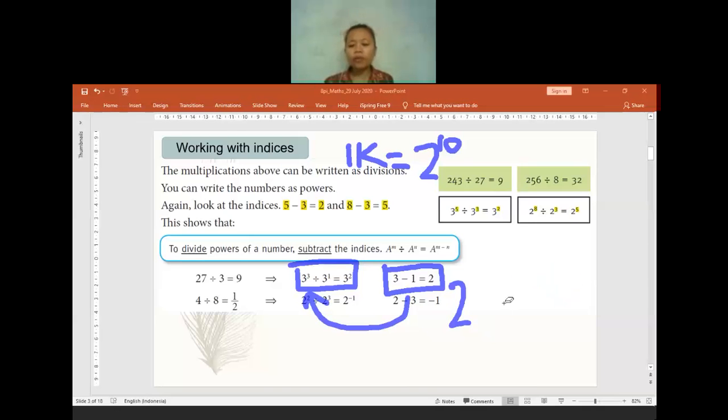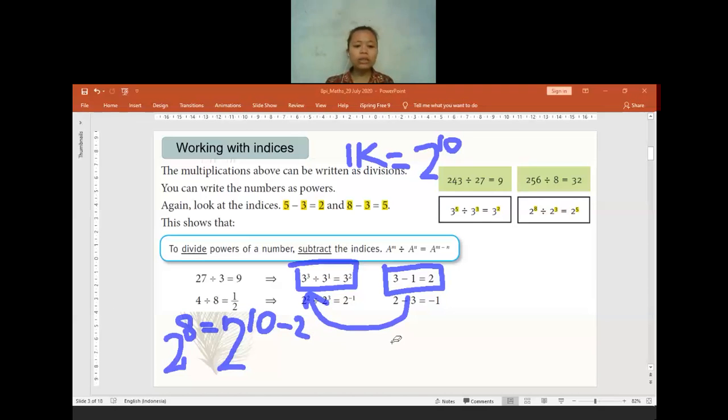Okay. Before, we have to find 2 to the power of 8 in the k form. That is our job, to find 2 to the power of 8. So now I want to change the number 8 in here into 10 minus 2. Is there anyone who disagrees if I say that 8 is equal to 10 minus 2? I think all of you will agree, right? 10 minus 2 will be equal to 8.